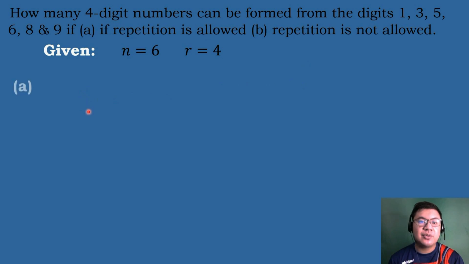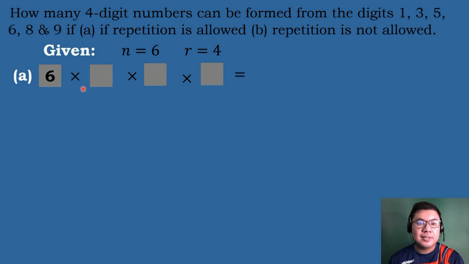So on our first question or condition, how many 4-digit numbers can be formed if repetition is allowed, meaning to say the numbers can be repeated. So on letter A, we will solve this using the fundamental counting principle. On our first choice, we have 6 possible ways or 6 numbers we can choose from this position. Times, on the second position, we have 6 again because the numbers can be